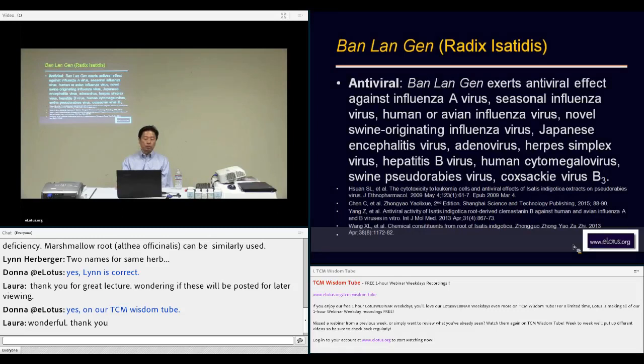According to a lot of references, Banlangen works against many different types of virus: influenza virus, seasonal influenza virus, avian influenza virus, swine virus, Japanese encephalitis virus, and so on and so forth. Okay, so as you can see, there has been a lot of research done on what herbs have antiviral effect, and Banlangen certainly is on top of the list as far as potency of antiviral effect and also wide spectrum